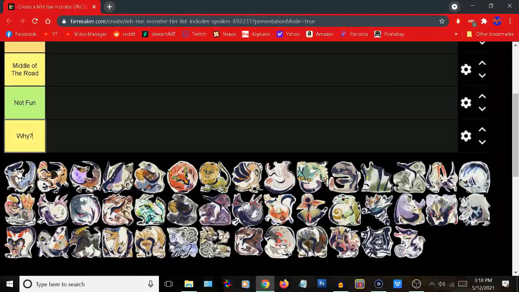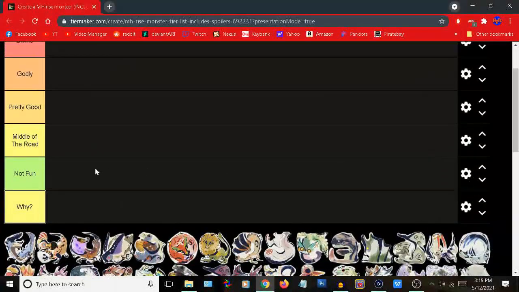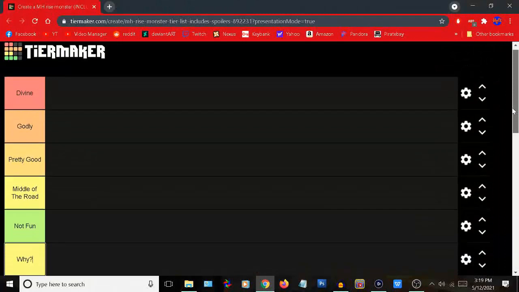I don't know how much you guys know about Monster Hunter, but this is the Great Baggy. He's basically kind of the same guy as Kulu Yaku and, oh, I can't remember his name right now. I remembered it when I was watching somebody else do it. Anyway, he's kind of the same as them, but his thing is he puts you to sleep. The tiers I've put up here are Divine, Godly, Pretty Good, Middle of the Road, Not Fun, and